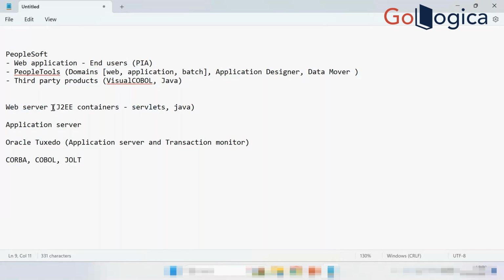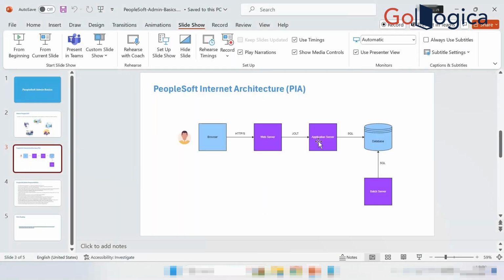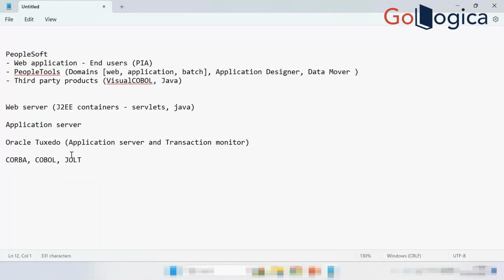Now, WebLogic being a Java application, it can only talk in Java. It can only talk to an interface which supports Java. So, application server Tuxedo has an